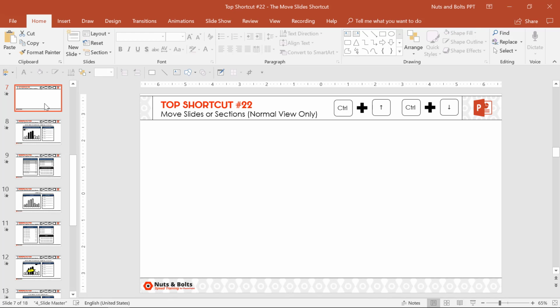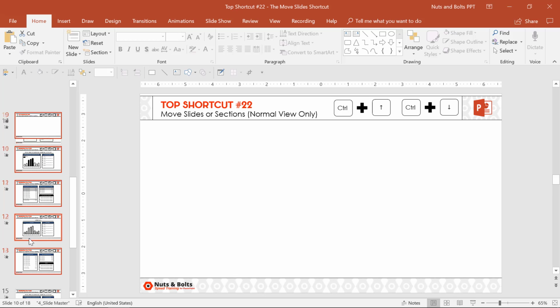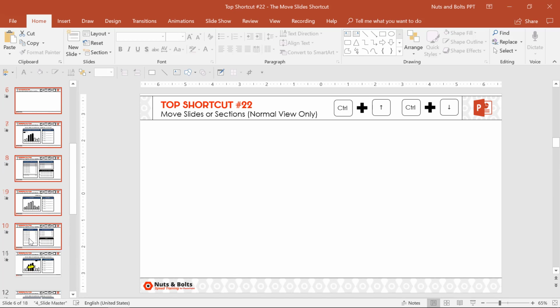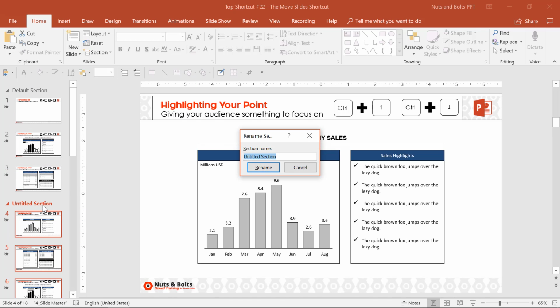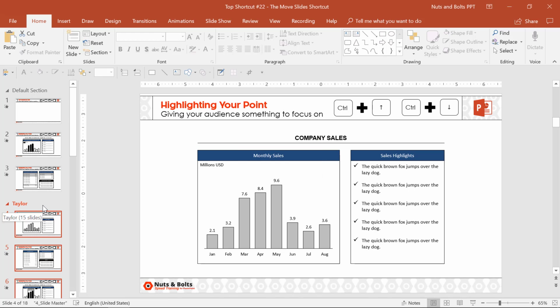And besides working with a single slide, if you hold Shift and select a group of slides, you can also Control-Down arrow key or Control-Up arrow key, move that little small section of slides somewhere different within your presentation. And now that you know the section shortcut, Control-Left-Caret, this is Taylor's section. If I scroll down,